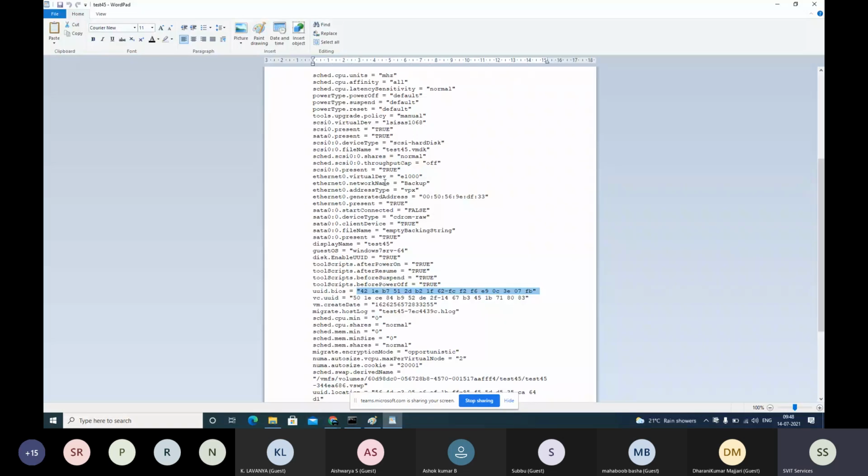RAM, CPU, name, whatever you need, you can change. But this was not changing: the BIOS ID. It's called BIOS ID. There are very few applications which depend on this ID also. Very few applications, the finance applications, okay, the application which was running on that VM identified this same BIOS ID for all the VMs because that was duplicated from the source VM.